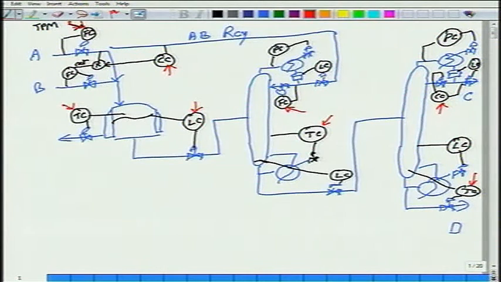Conventionally, we are used to looking at a control system that is feed downstream. What we drew last time was we had the throughput manipulator either at the product stream here or here. And when we had it here, what we had was the level control was in the reverse direction of flow.